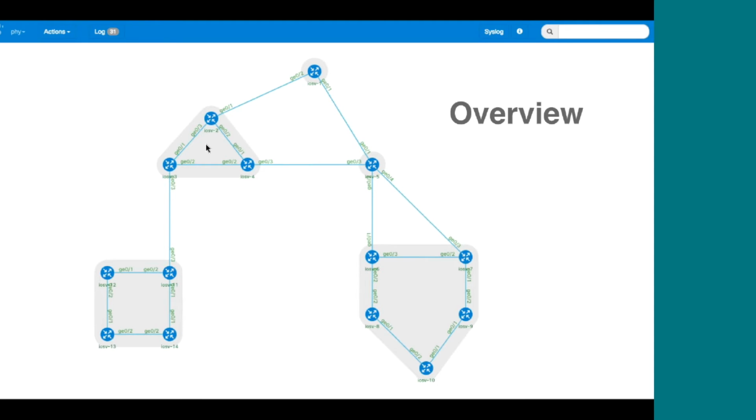And then the green on the nodes, where it says the node name like IOSv4, etc. in green, that shows that it's both active and that it's responding to a ping. So what would happen is when we launch a topology, I'm not going to do that here because that can take a while, it would first start off in an orange or a red state, and then it would go to black once it's active, and then once they go to green, we'd see a message coming up in our log, and we would also see it go green here, and that means that it's ready for us to log into. And then we'll run through some of the other features.